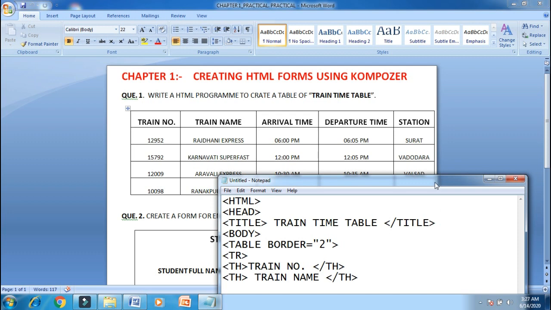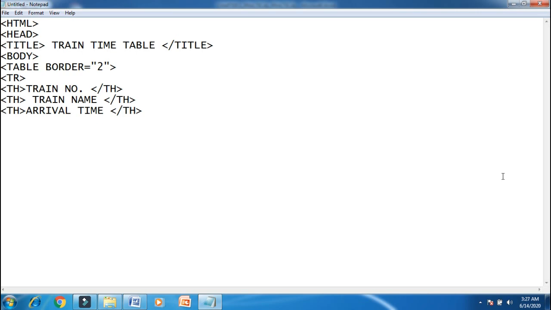Then arrival time, th, this is my third heading, arrival time, th tag close. Next is departure time. I'm writing departure time here. Then the table heading is completed.